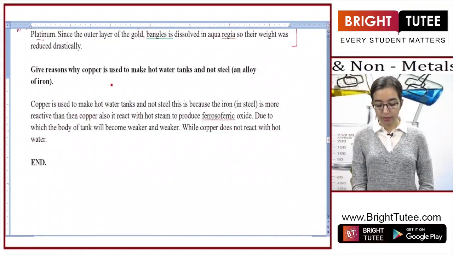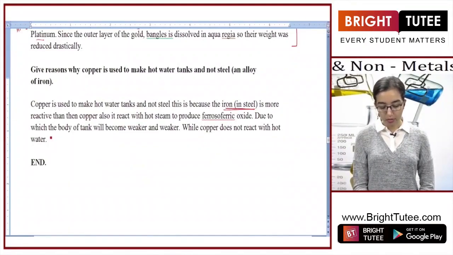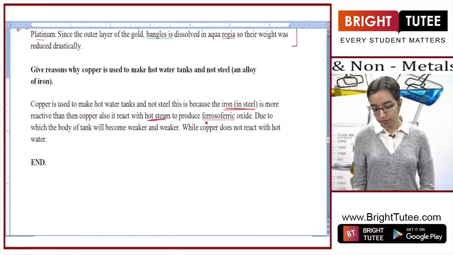The last question is, give reason why copper is used to make hot water tanks and not steel. So copper is used to make hot water tanks, not steel, because iron in steel is more reactive than copper, and it also reacts with hot steam to produce ferric oxide,